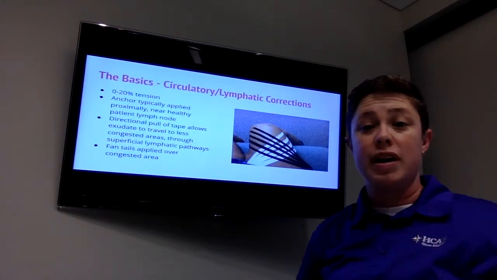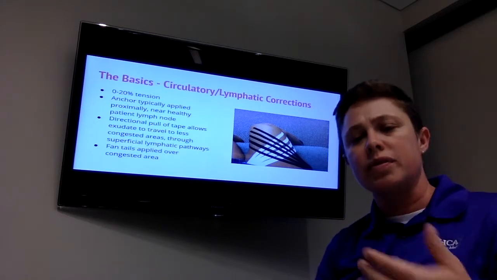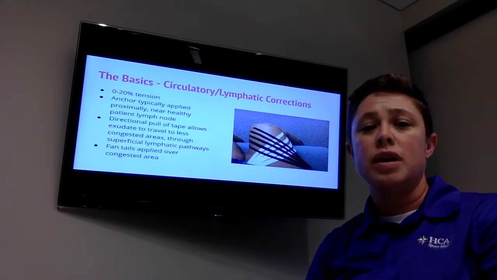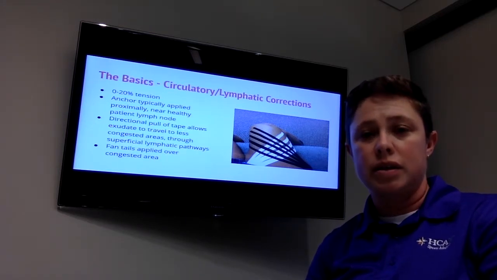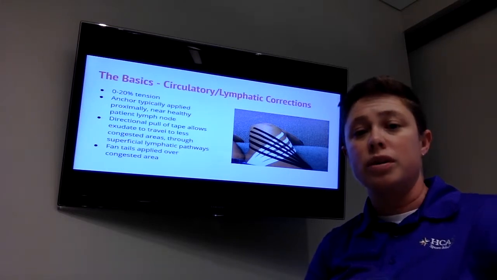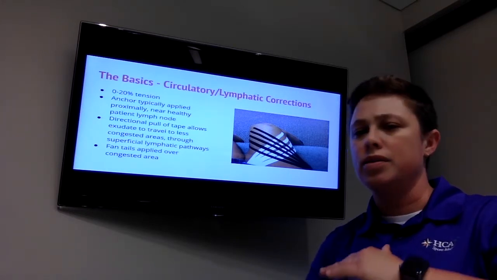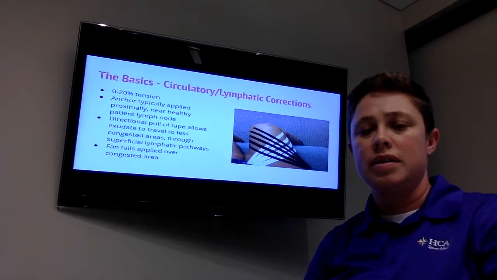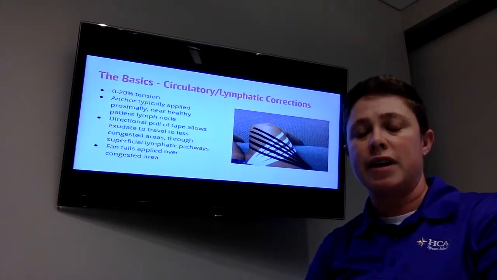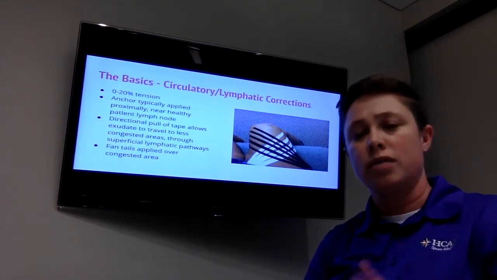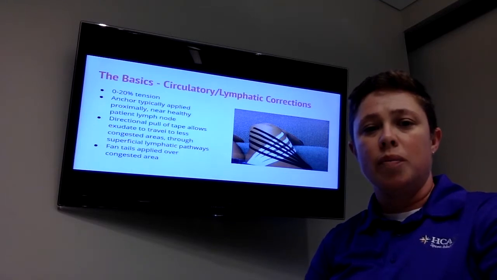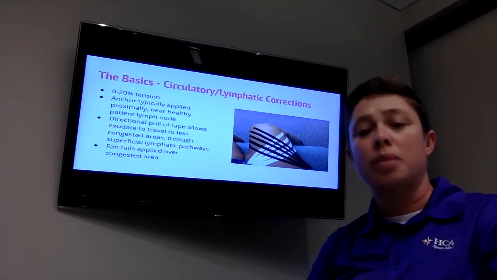The other use of K-tape that I find very helpful is the use in circulatory and lymphatic corrections. For this, we're going to use 0 to 20% tension. To be honest, I use no tension on this at all. This is simply to raise the skin away from the fascia and create some channels for some of that fluid to get away. Typically, we're going to anchor approximately